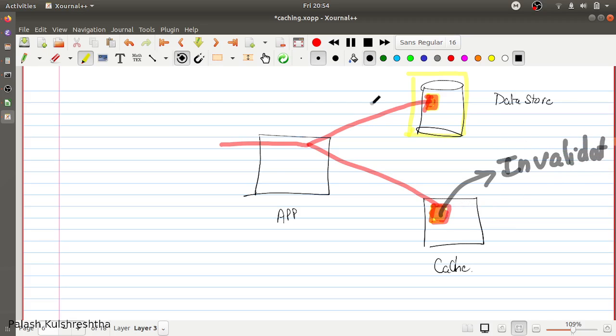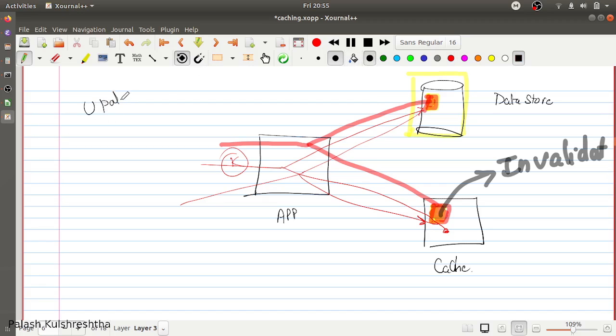So it is going to invalidate the data. So next time when the request comes to access this data, it is going to check here, the key is not present. So it is going to query this data, and it is going to return the response, and asynchronously it is going to be written to the cache. So this is one of the ways in which we can handle updates. So this is an update to the data that is stored in your database.